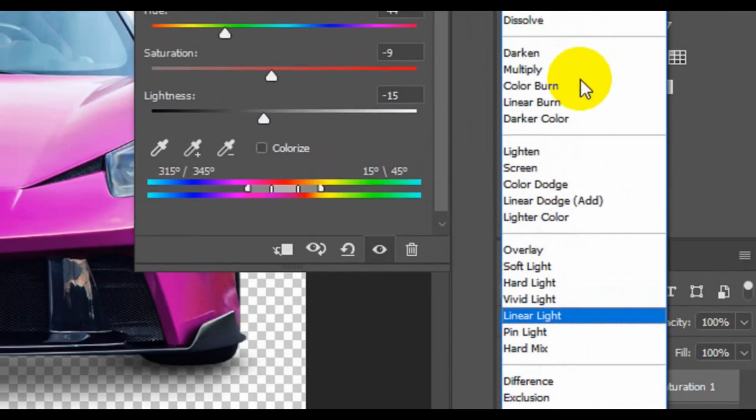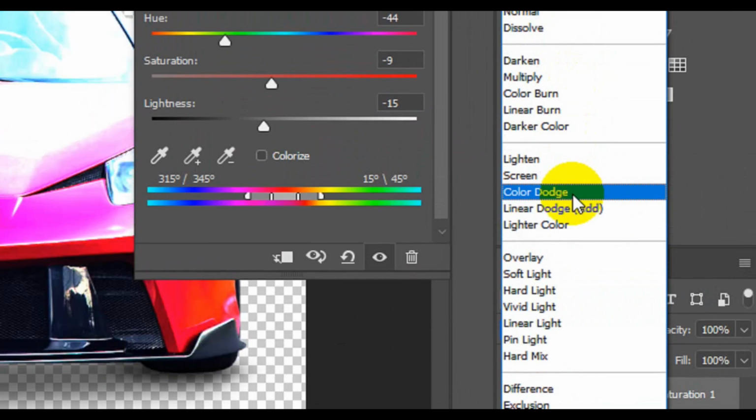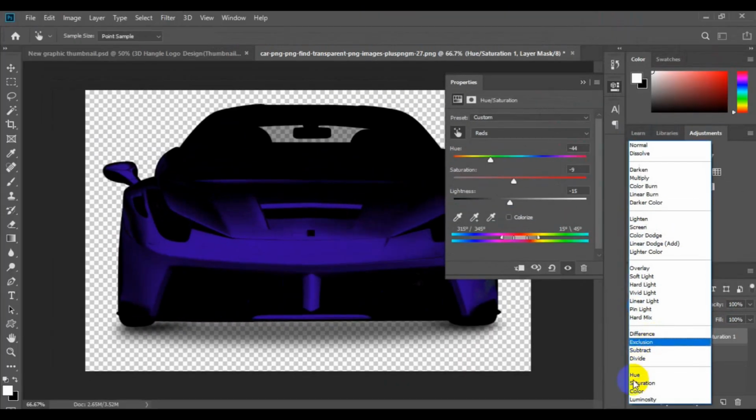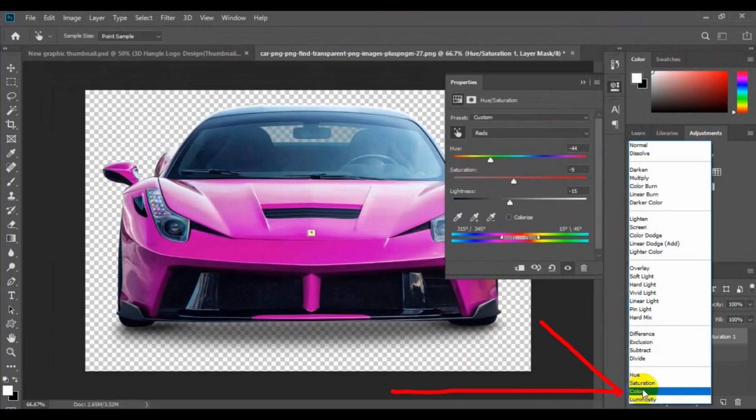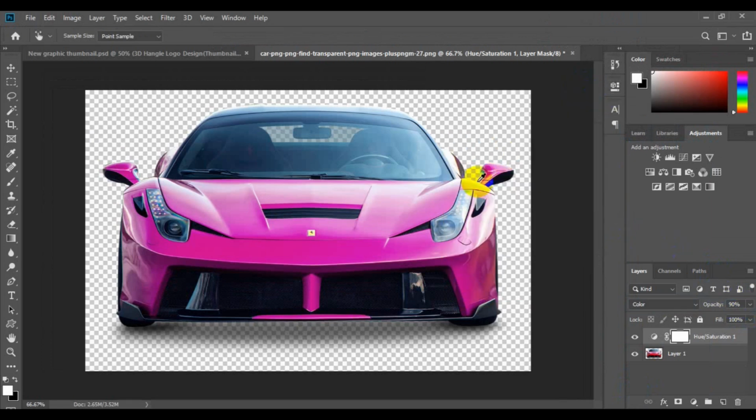blend mode right here, and at this point here you have to play with the blending option. Okay, so you can come down below right here and make sure you change the blend mode to color. So having changed the blend mode to color, then you have to come to the opacity, make the opacity 90%. You can type in 90% and press enter, and then you can close up this particular